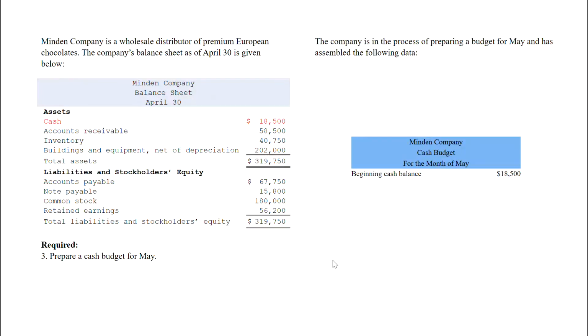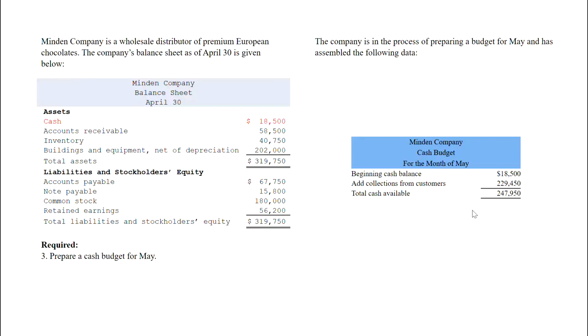Our starting point for our projected cash budget for May is our ending balance from April, which is also our beginning balance for May. We can get that from our balance sheet, so that's going to be $18,500. We've already done some of the hard work in number 1, in that we calculated that our collections from customers are estimated to be $229,450. Again, I just got that from part number 1, the total. If I add that $229,450 projected cash collection from customers to our beginning cash balance of $18,500, we get, before we have any disbursements, cash available of